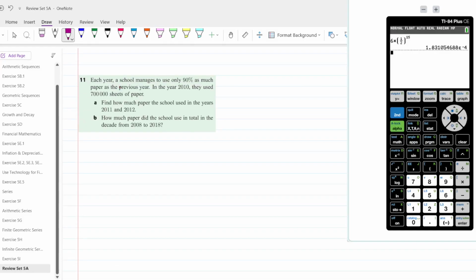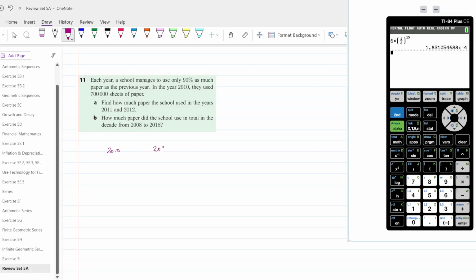Each year, a school manages to use only 90% as much paper as the previous year. In the year 2010, they used 700,000 sheets of paper. Find how much paper the school used in the years 2011 and 2012. So let's say